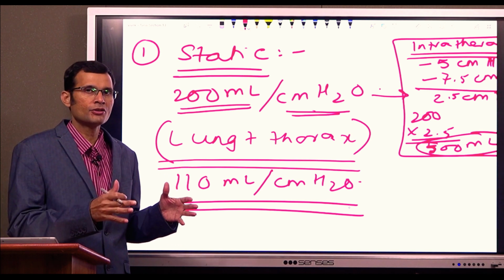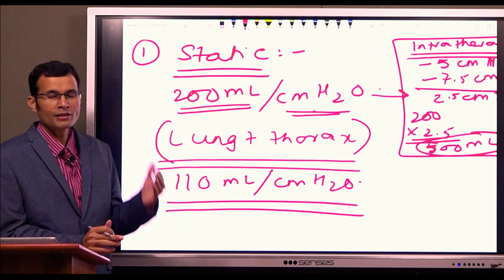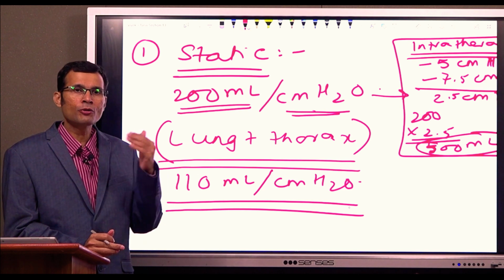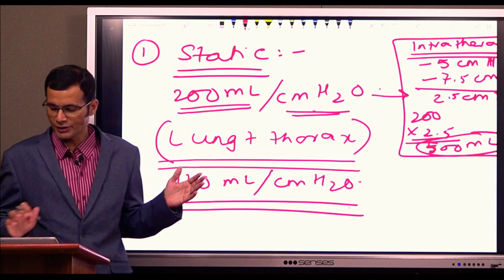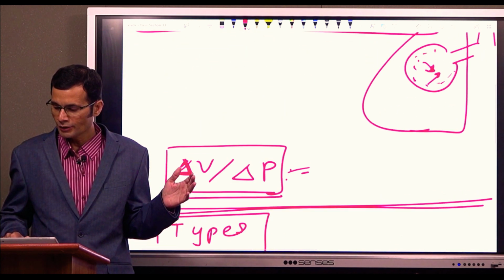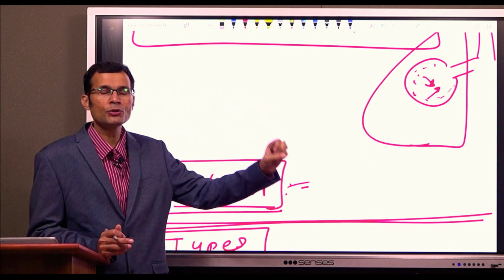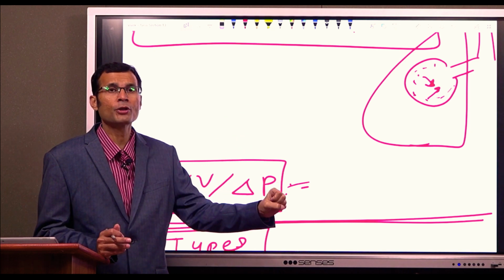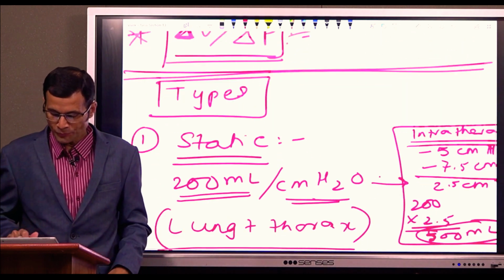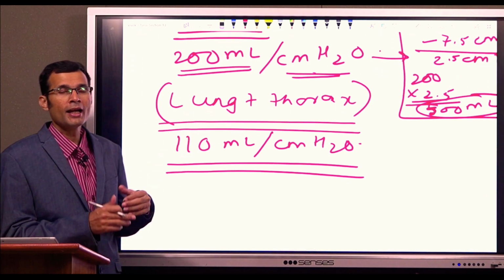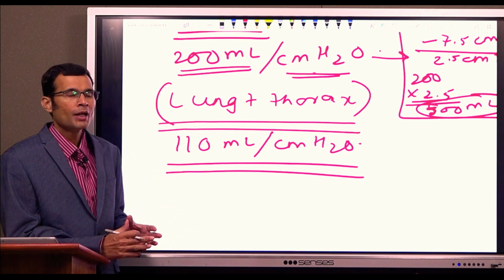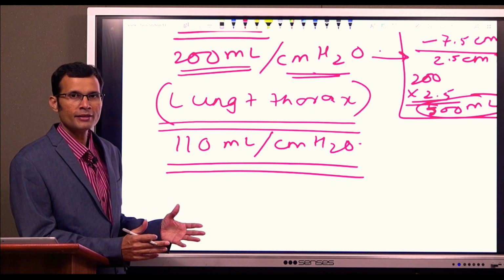So that's a natural tendency of the thorax. Whereas the lung has a natural tendency of collapsing. There is a surface tension within the alveoli, and therefore alveoli and the lungs have a natural tendency to collapse, or inward recoil tendency. So you see, lungs and thorax have opposing tendencies, and because they have opposing tendencies,